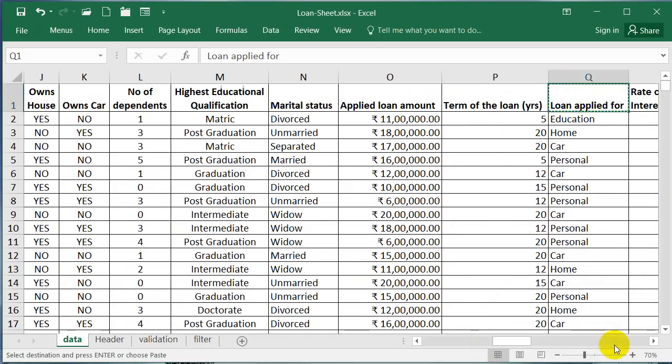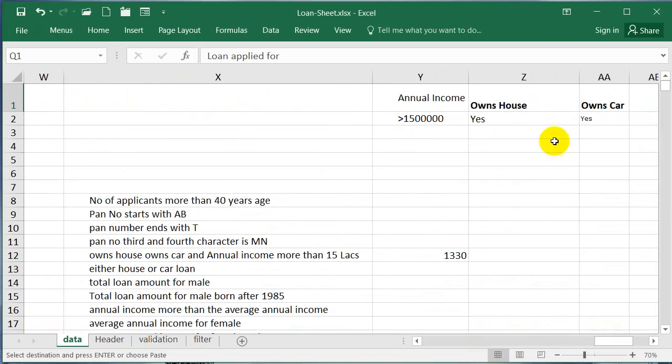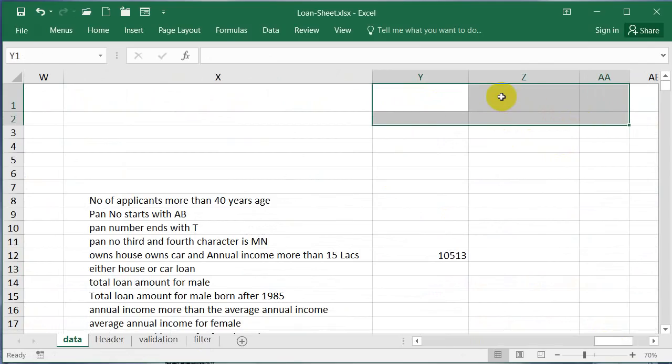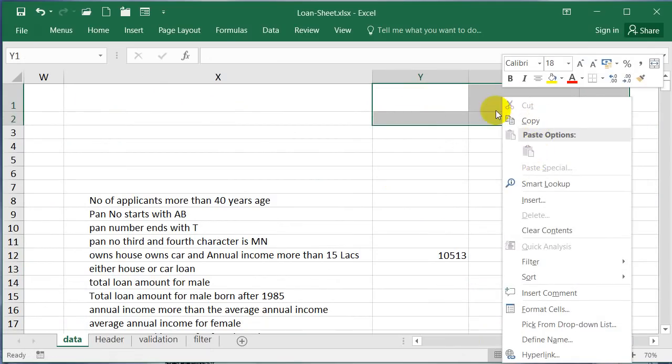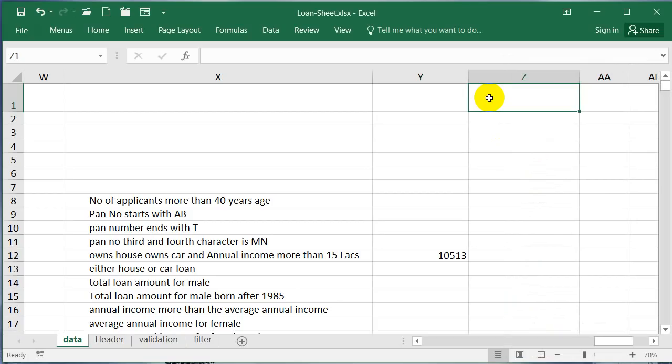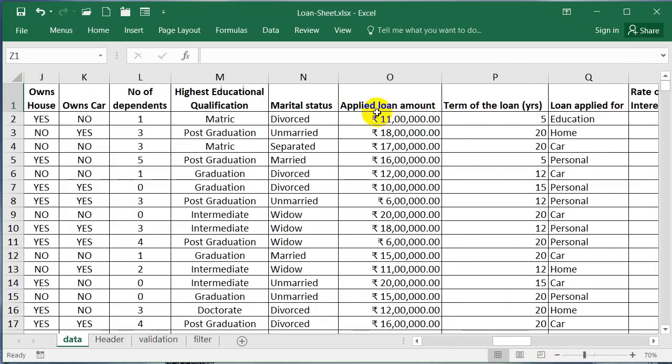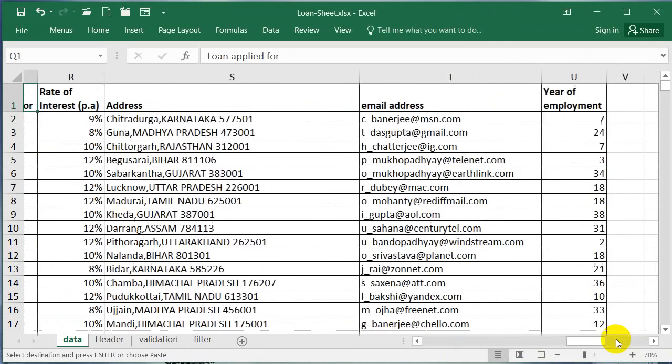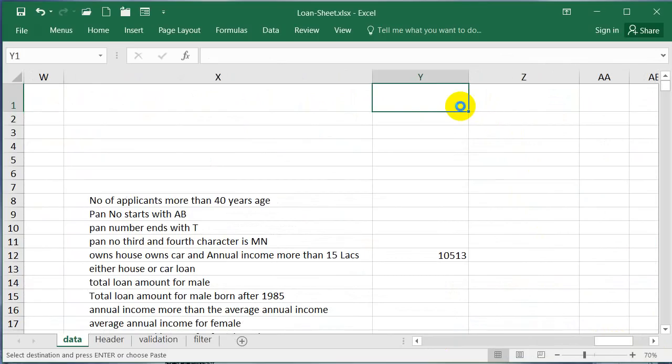Control C. Let me delete these, and I say Control V. Loan applied for. Control C. Control V.